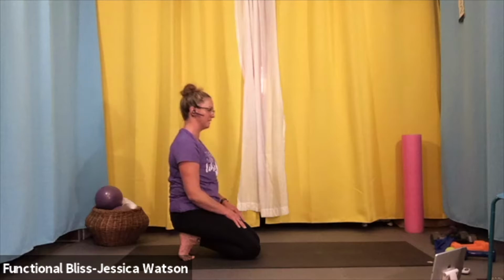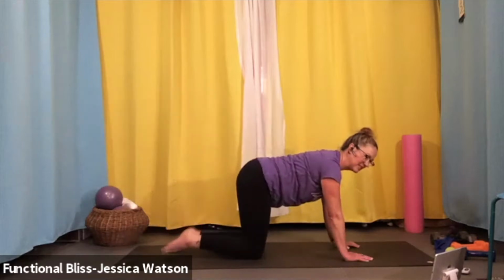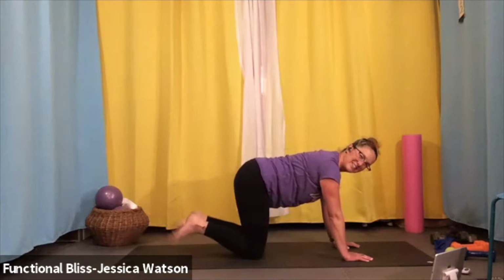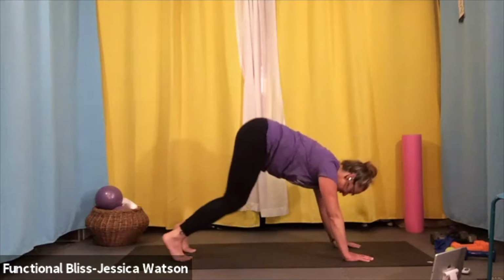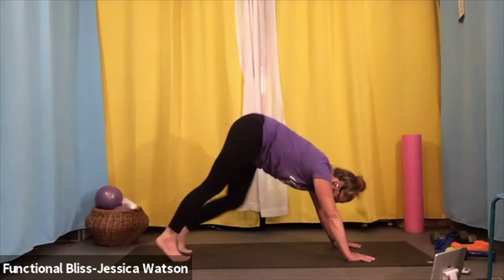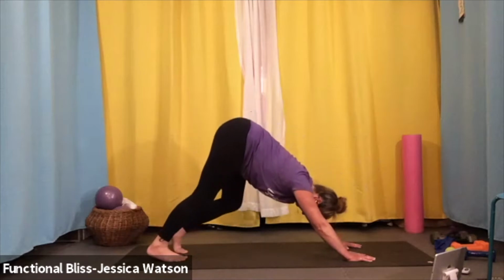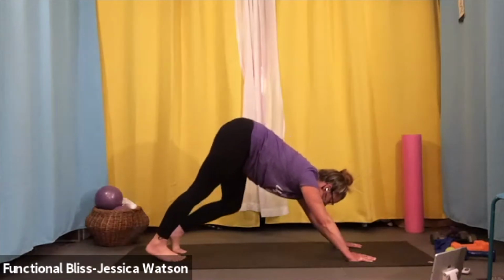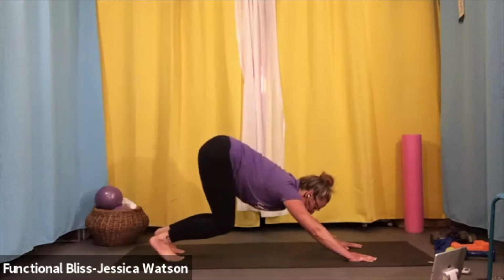Awesome. When you're ready, open your eyes, float yourself forward, release your toes, and maybe give them a light little tap out on your mat. And then once you feel like you've got your feet kind of worked out, curl the toes under and exhale up to downward facing dog. Take a couple gentle pedals of the legs. Nice. One more pedal with the legs each side, and then look forward, walk your feet up to meet your hands,